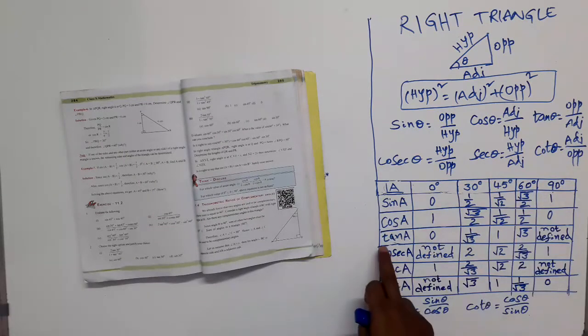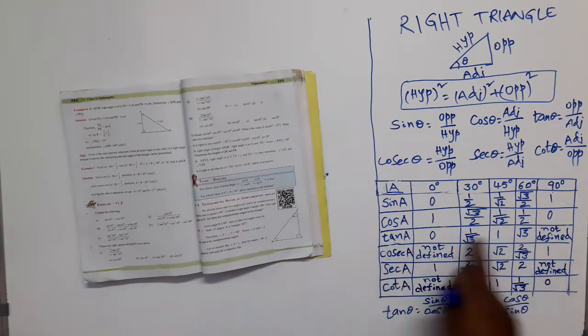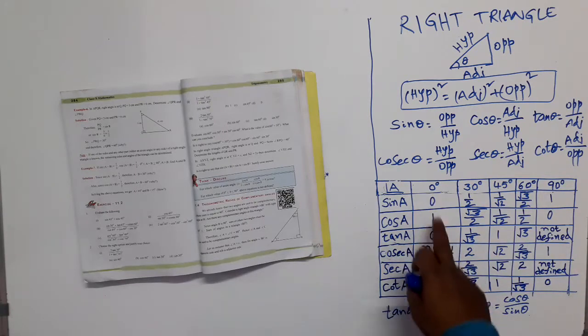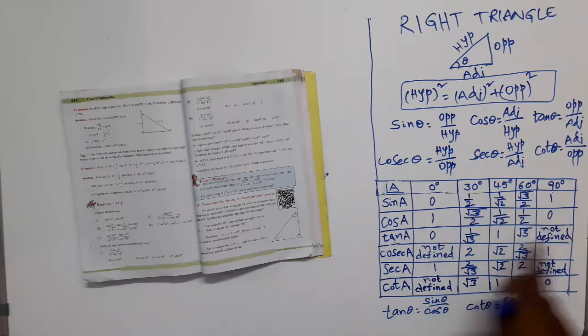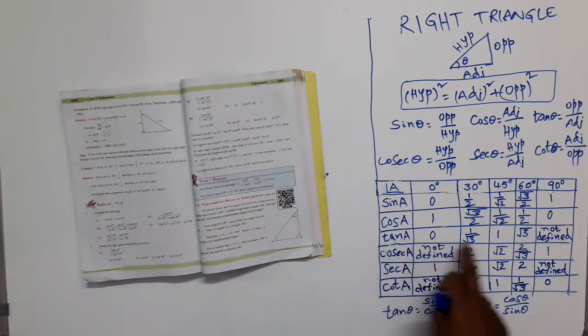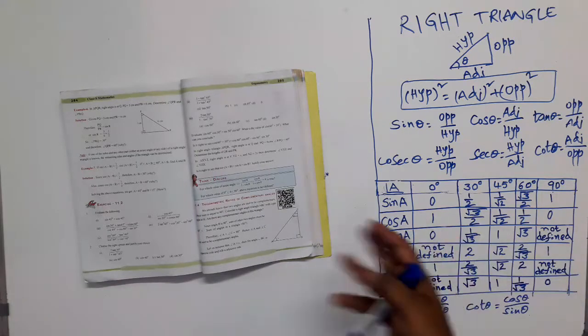Okay then. Again, coming to tan. How can you remember this? Tan is sine by cos. So 0 by 1, 0. This by this, this by this. But of course, because tan theta values are also used frequently, you are supposed to remember. Of course, you will remember while solving questions.